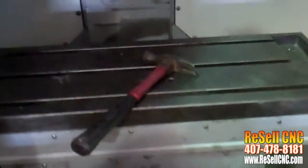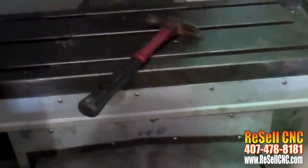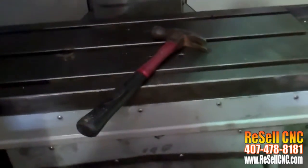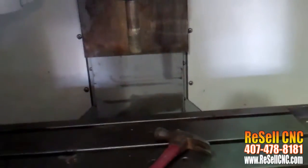Back the other way. A little noisy, not even that bad. Either axis, not too bad. I'm not moving it very fast, but anyway, and here's